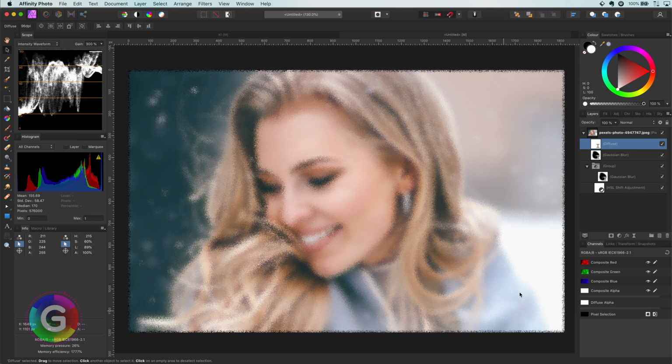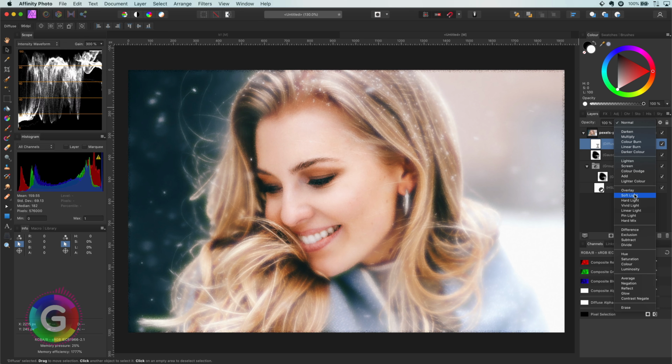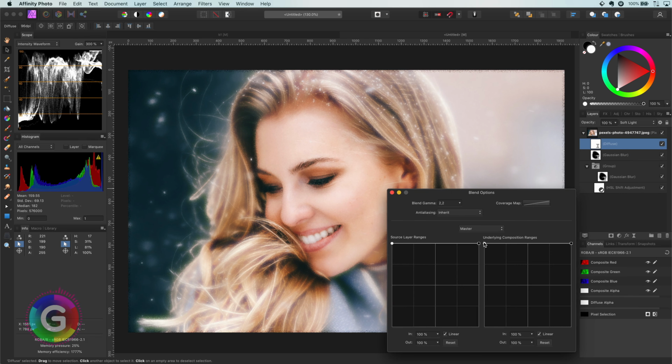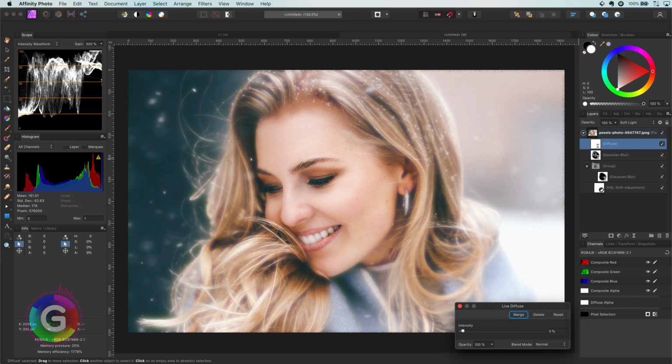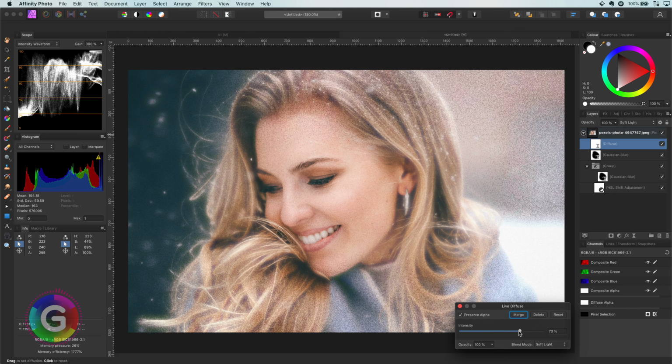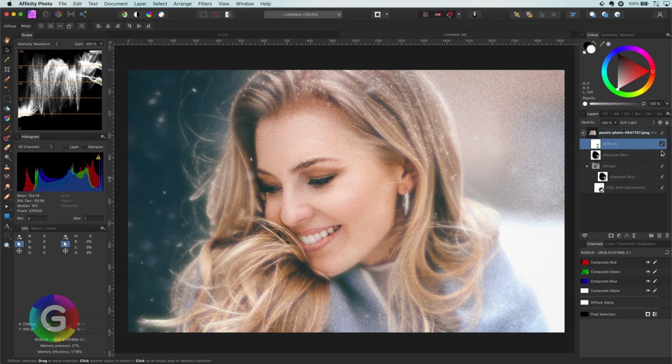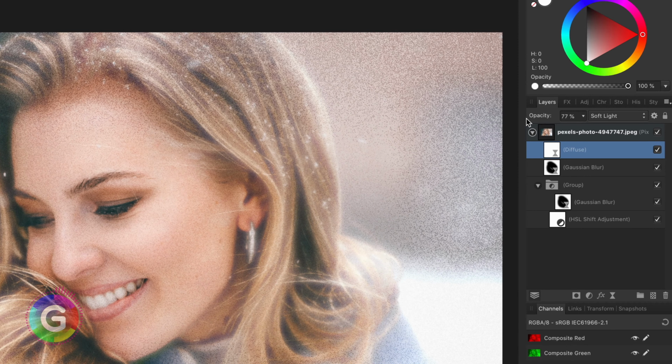Next step is to change its blend mode to soft light so it blends more nicely and change the blend range so it affects only the highlights. Now we can increase the radius of the diffuse filter to get that nice grainy effect. If the grain effect is too much, we can of course lower its opacity so it becomes a bit more